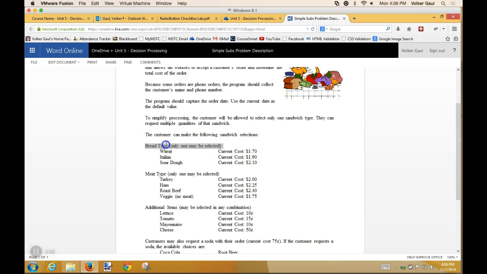And we need bread type. So if you could add bread type to that. Now let's think about that. Did you miss the order date? I'm sorry. Bread type. If we were moving into the TOE chart now,